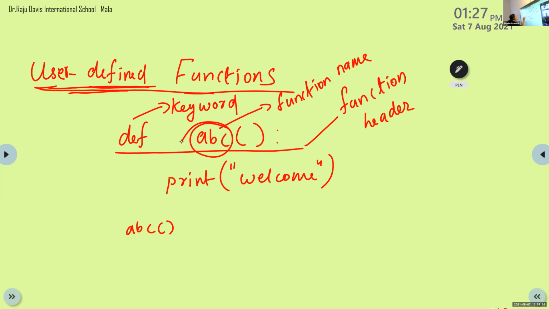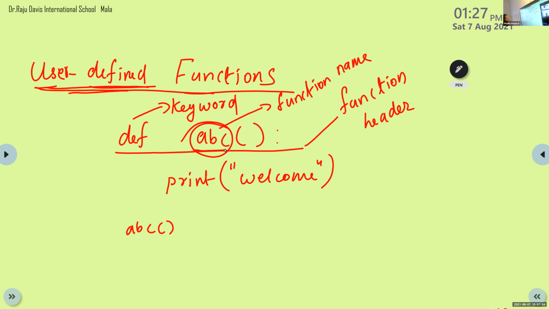Sanjana can give another name here. Rahul can give another name here. Any user can give any valid name here based on the identifier rule, because it's a user defined function.